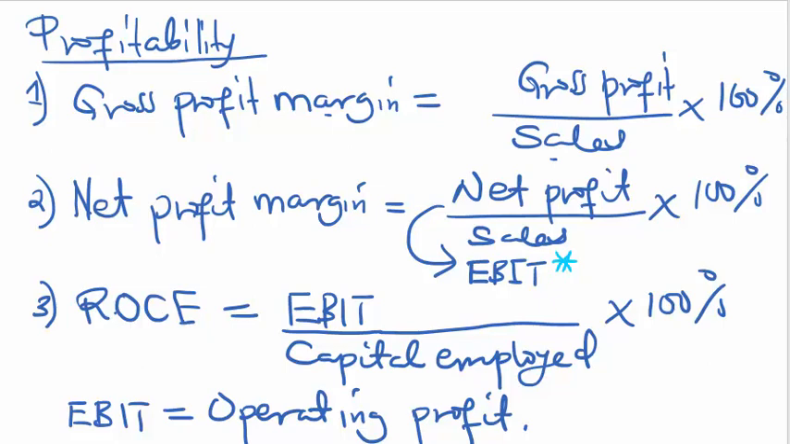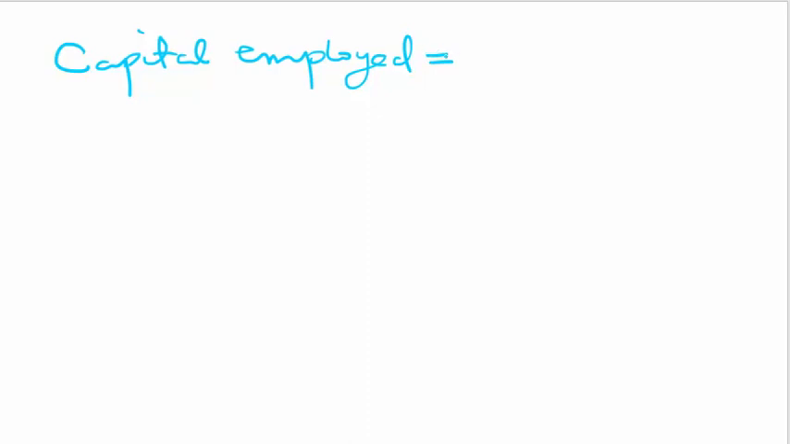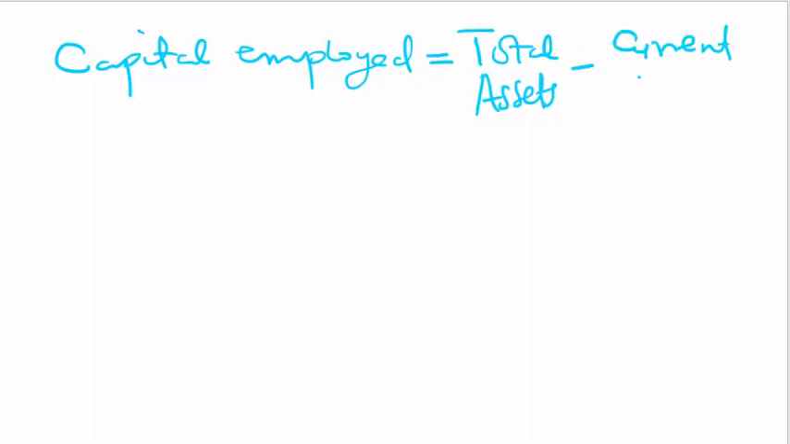We also had capital employed. Capital employed is just calculated as your total assets less your current liabilities. The fourth ratio you want to look at, so we've looked at three ratios so far,